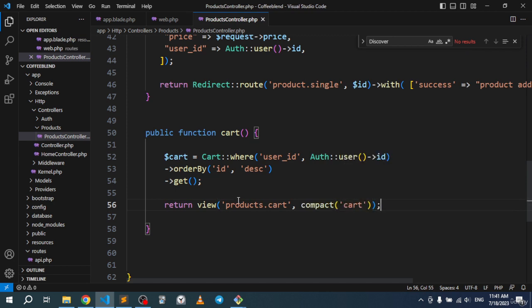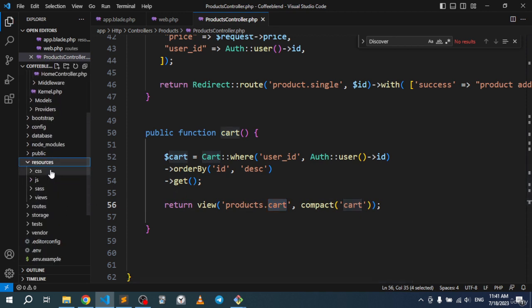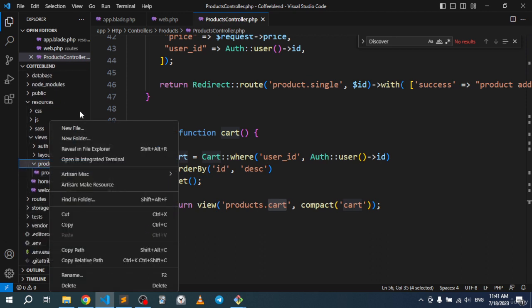All right, so let's end this with a semicolon, and let me copy this, and let's go to the resources right here. Let's go to views, let's go to products, and I want to go ahead and actually